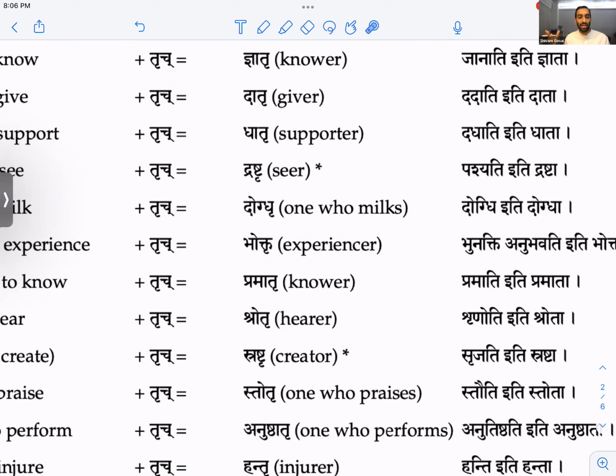So dogda gopala nandanaha. Gopala nandanaha are names for Bhagavan Krishna, the one who milks. What does he milk? The Upanishad. We'll see that in the Gita class, that he's milking the Upanishad, the scripture, and getting the verses of Gita.